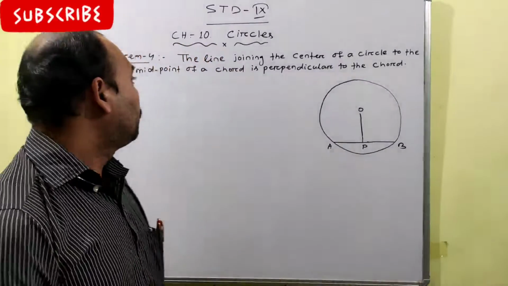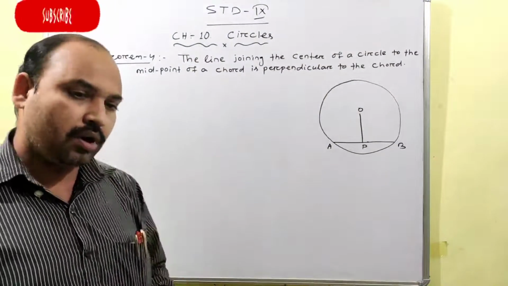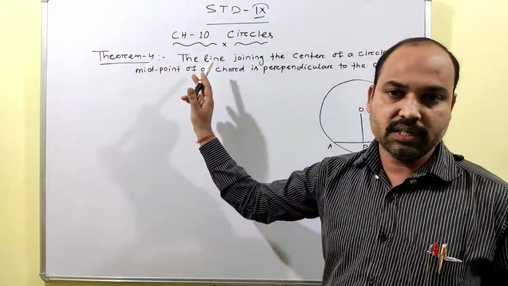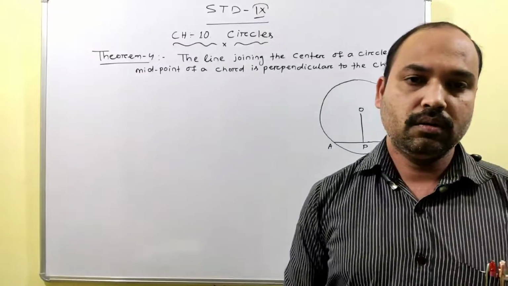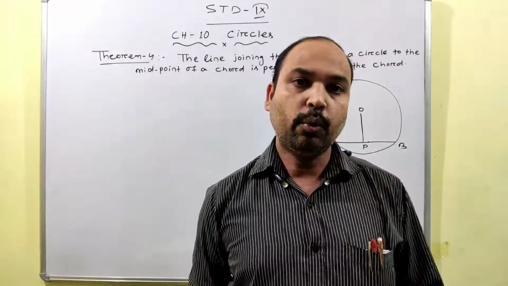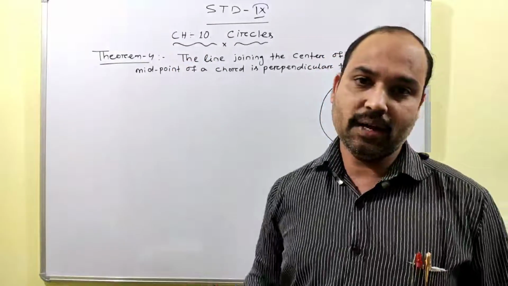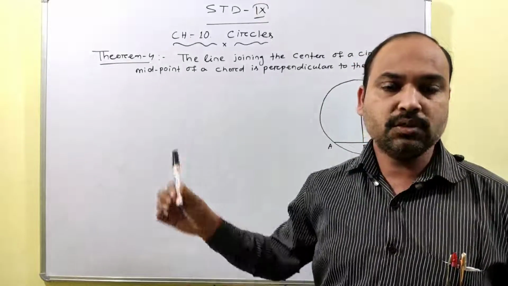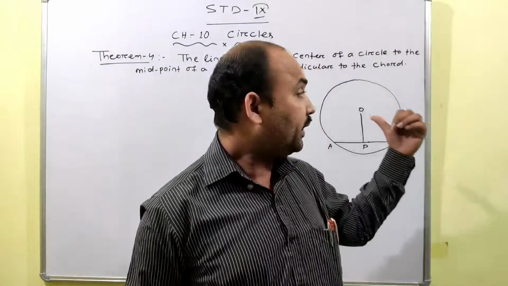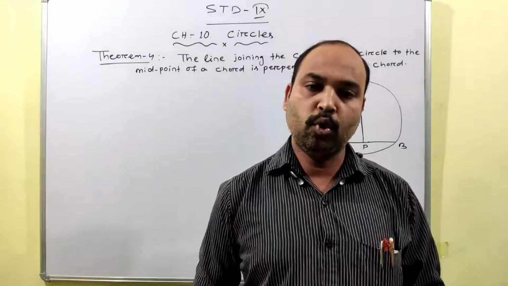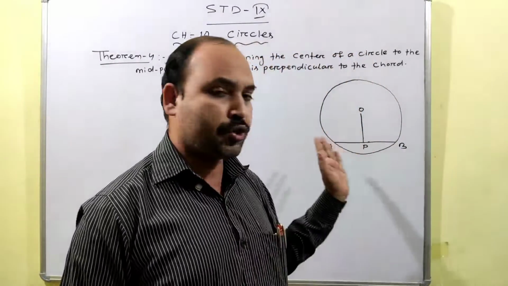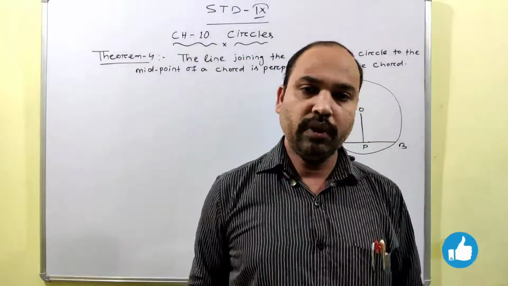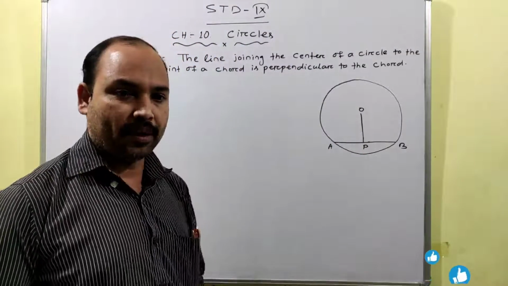First we have to write the given. There is some procedure for proving the theorem. First, what is given? It is a statement. After that, we will write the given. It means, in your statement, what is given, which thing we already have, and what thing we have to find out. That we have to write first. After that, to prove means what we have to prove in this theorem. After that, if we need a construction, then we will write the construction. After that, the proof. So we will do it stepwise. First, the given. So write given first.